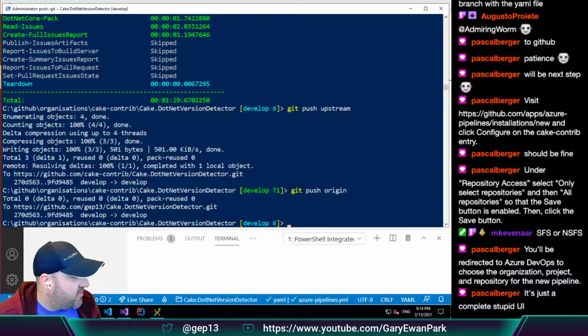Select your Azure DevOps organization. So that would be the Cake contrib one. And then the project is going to be Cake.NetVersionDetector. Click continue. I'm doing this off screen just to reiterate, just so that I don't give any secrets away that I didn't want to. So now if I do a wee refresh here then,